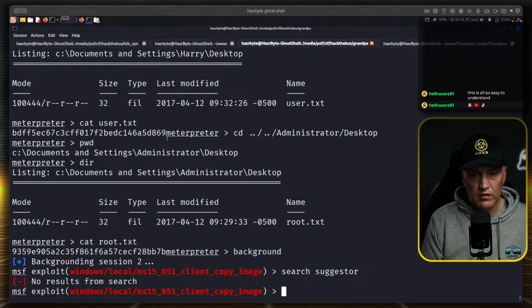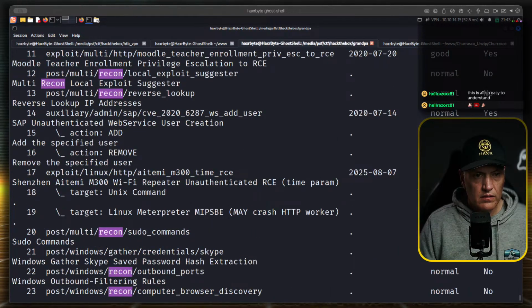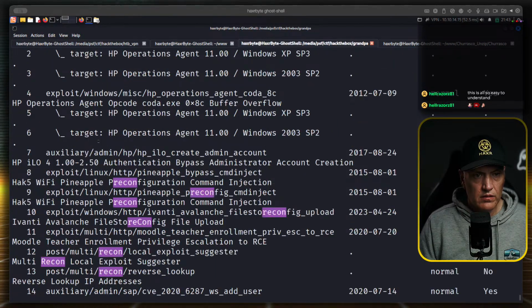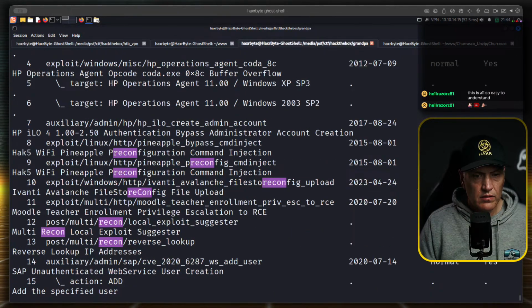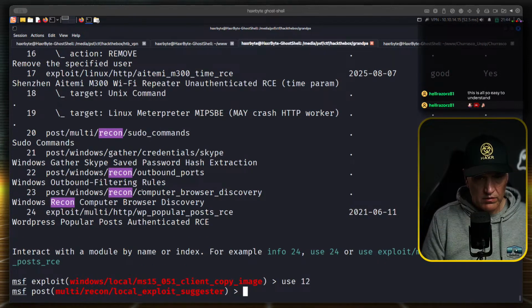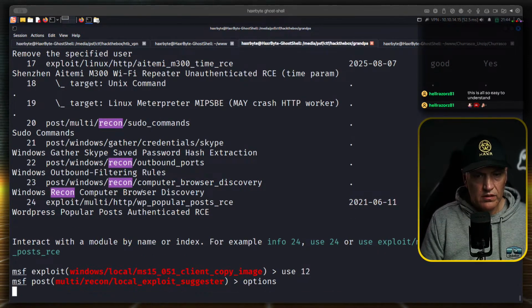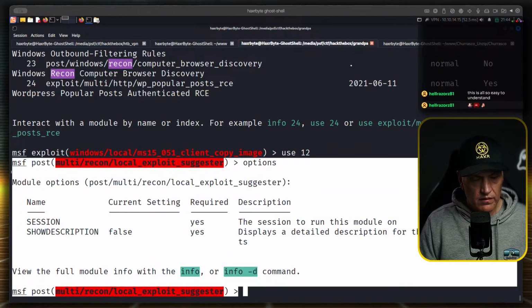Local suggester recon. Options. Need to remember this.